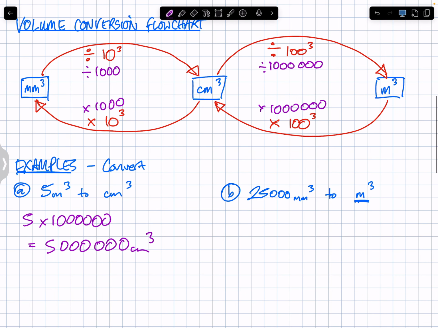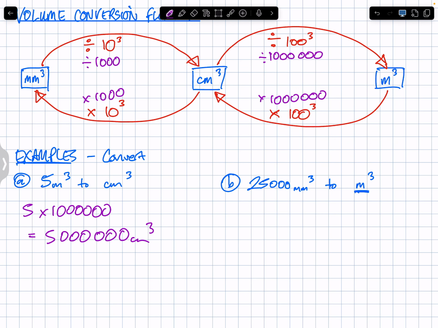How many steps do we have in the flow chart going from cubic millimeters to cubic meters? Is that still one step? 2 steps. You're going from cubic millimeters and you're dividing this time. So 25,000, you're going to divide by 1,000 and then you're going to divide that answer by 1,000,000